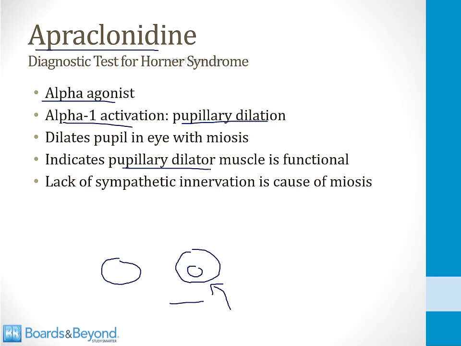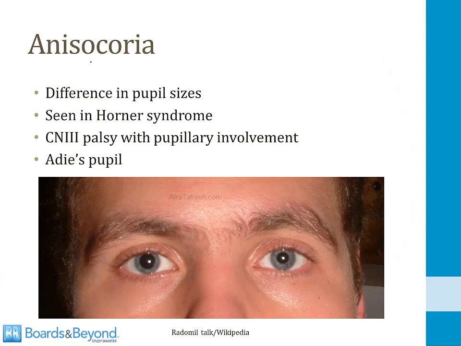And when the pupillary dilator muscle is working, it means that the cause of the miosis must be a lack of sympathetic innervation. The muscle is normal, so it's got to be the innervation that's the problem. And this makes the diagnosis of Horner syndrome. So the normal response in the miotic pupil in a patient with Horner syndrome when you apply apraclonidine is for the pupil to dilate. Horner syndrome is one of many causes of anisocoria, which is a difference in size